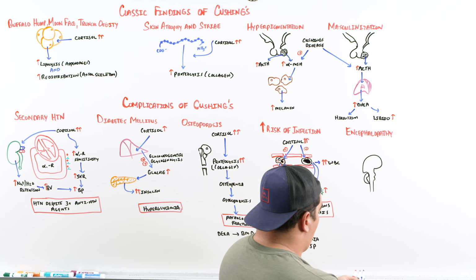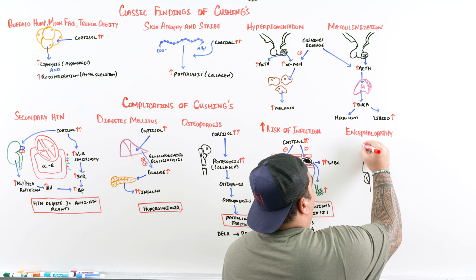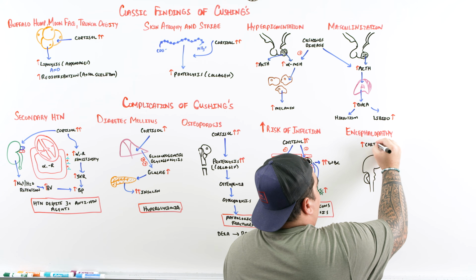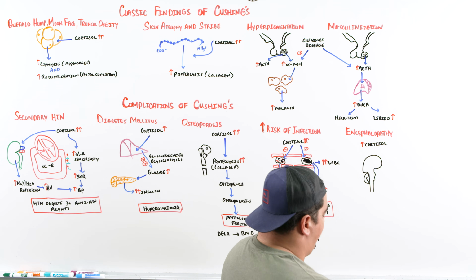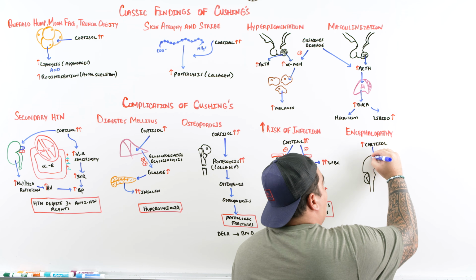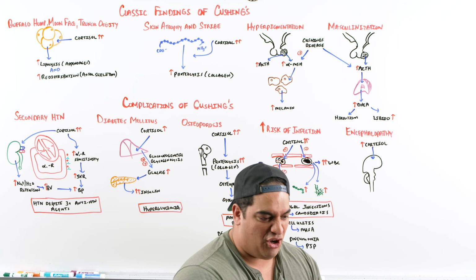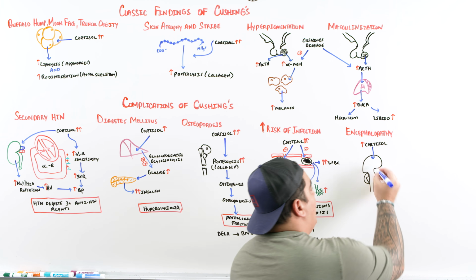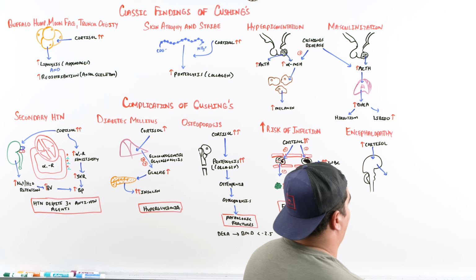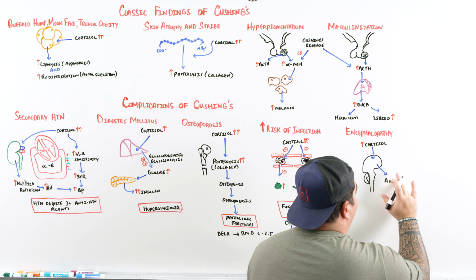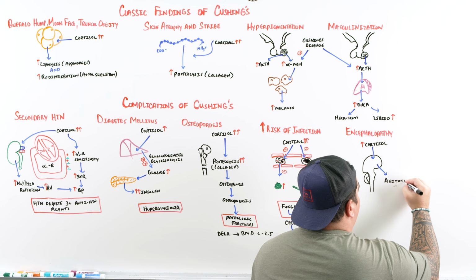Lastly, when cortisol levels are elevated, again, it plays a role within our stress response. When cortisol levels are low, we're kind of lethargic, you're more fatigued, everything's kind of shut down in the brain. But whenever the cortisol levels are high, you're amped up, your stress response, your sympathetic nervous system is on edge. And so oftentimes these patients develop severe agitation,